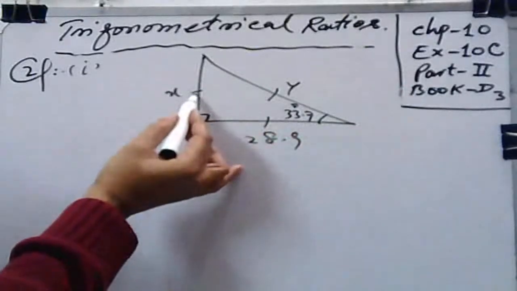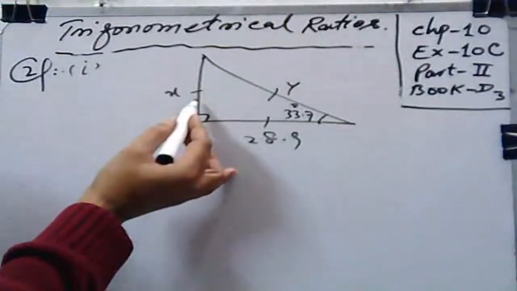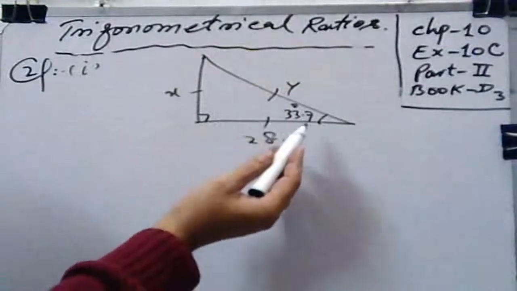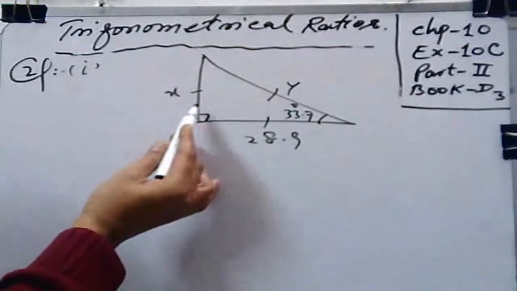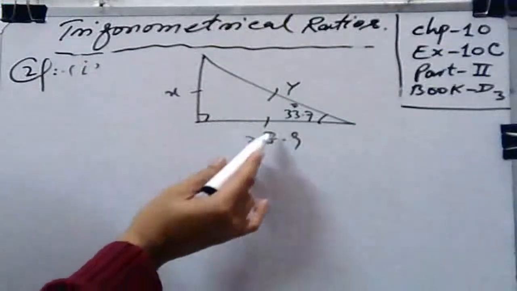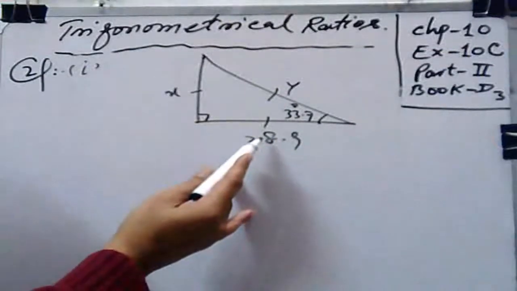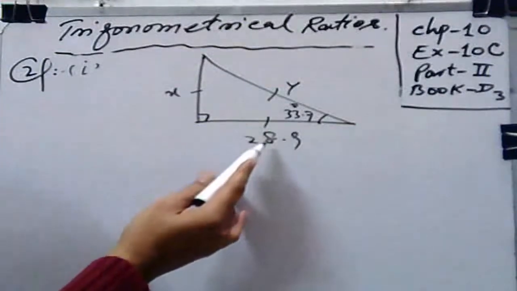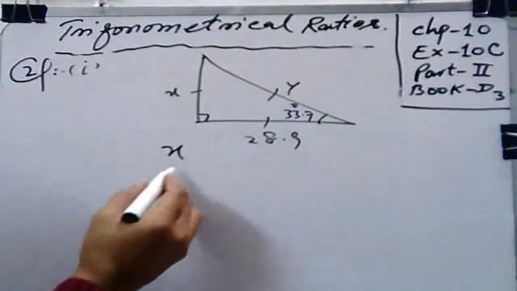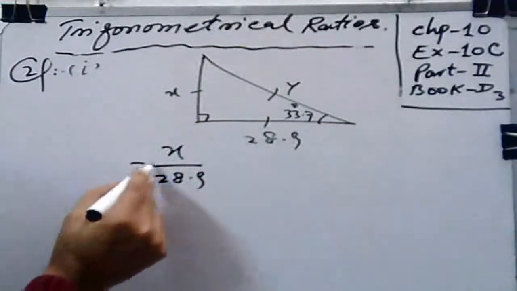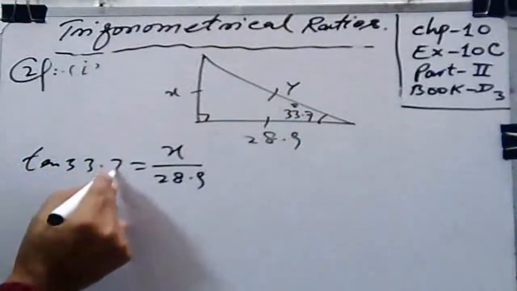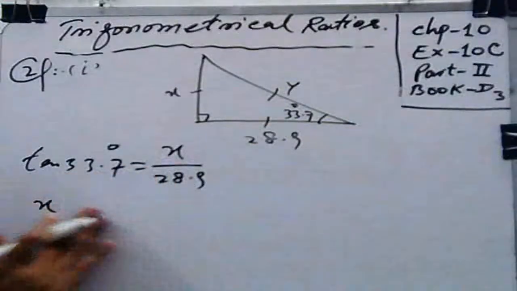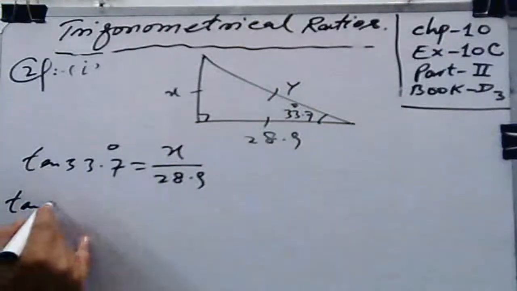So this is your angle. When you take this angle, in front of it, that is your opposite side. So opposite to the known side, or you can say the opposite to the adjacent is known as your tan 33.7. So you need the value of x, therefore the value of x is, or by using cross multiplication is